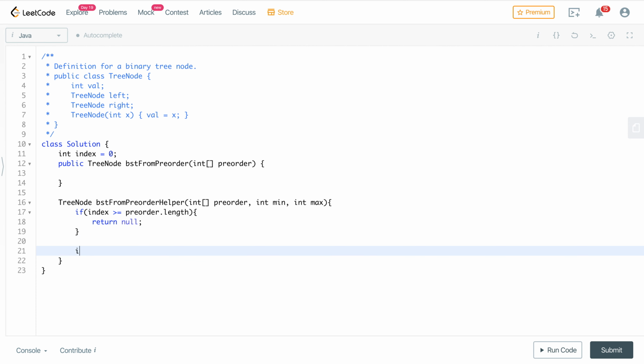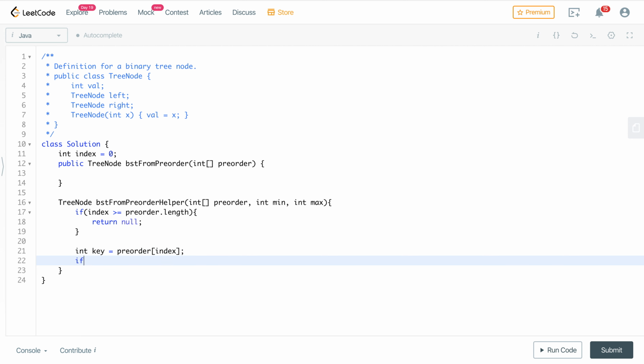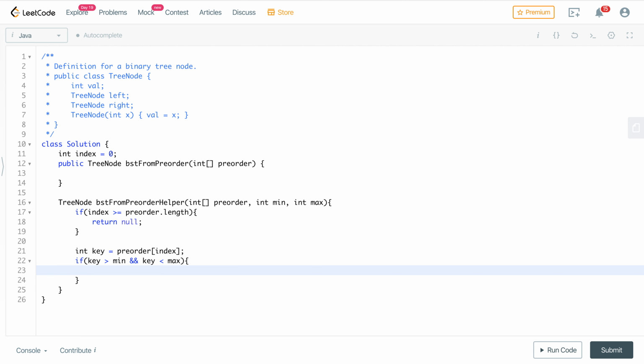Next, the current value, you can say this is key, which is equal to pre-order of index, and you will check whether this key is greater than the min and key is less than max. Then what you are going to do is increment the value of index.